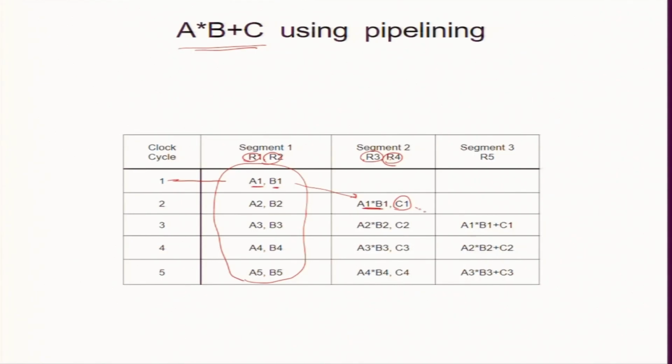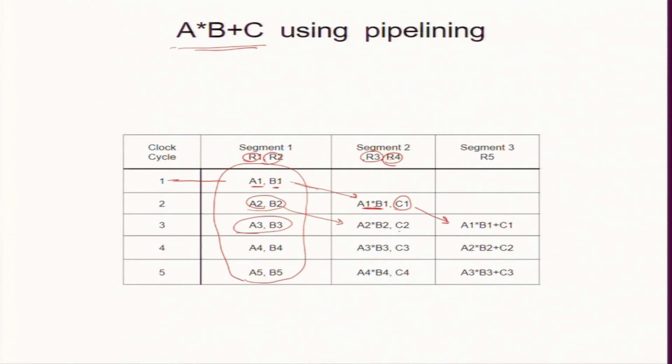Then you go here and add. So this is clock cycle 3, but meanwhile, when I was multiplying, I can fetch A 2 and B 2. I multiply A 2 by B 2, get C 2, and in this cycle A 3 B 3 can be obtained and put in R 1 R 2. So it goes on. You can see that each operation, given A, B and C, A 1, B 1, C 1, takes 3 cycles. So you may expect that I have to take 15 cycles for 5 data sets, but it will take less.